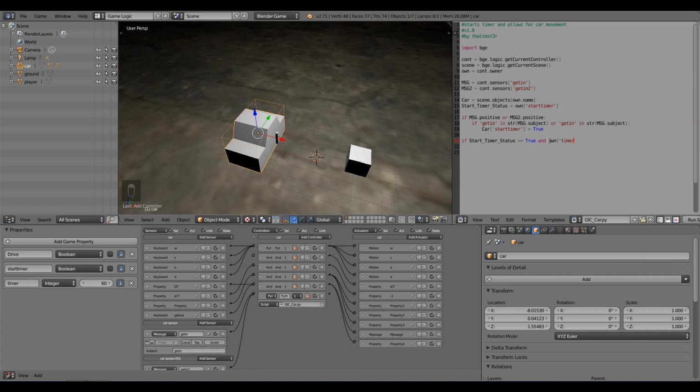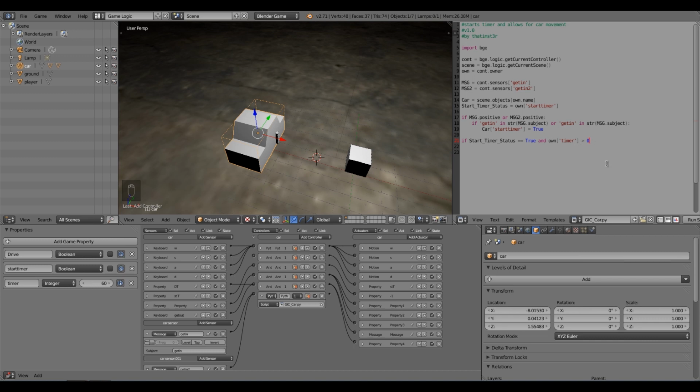So I'm going to check that the property timer, and then here, closing quotation mark, closing square bracket, and then space. And then here I'm going to type in is greater than, and then I'm going to do space, and then the number 0. There we go. So if the timer status is true, and our timer property is greater than 0,